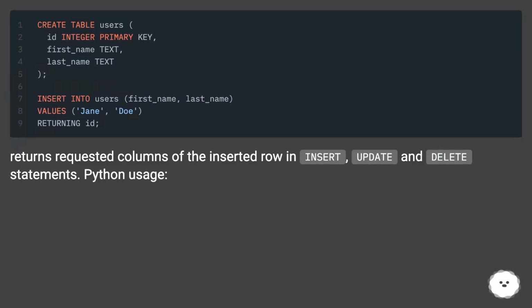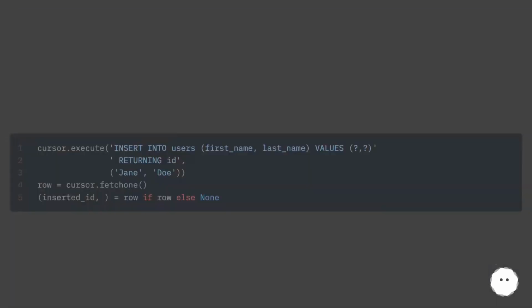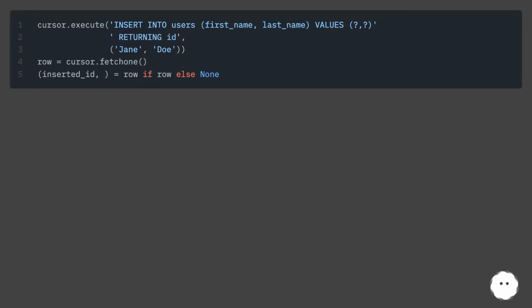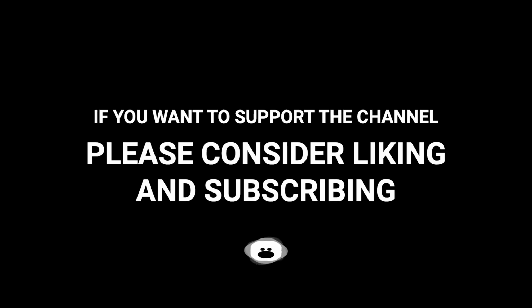returns requested columns of the inserted row in INSERT, UPDATE, and DELETE statements. Python usage. For SQL, selecting and saying